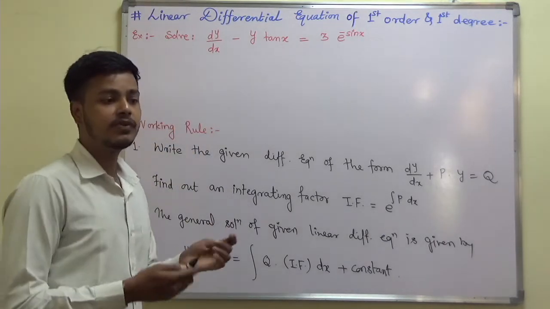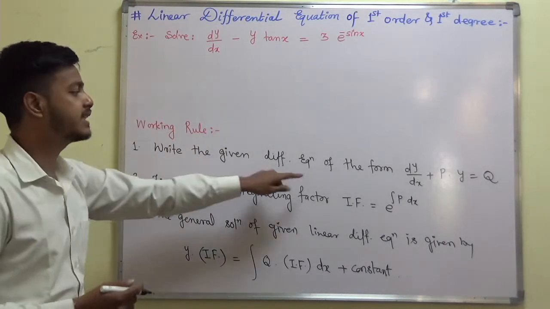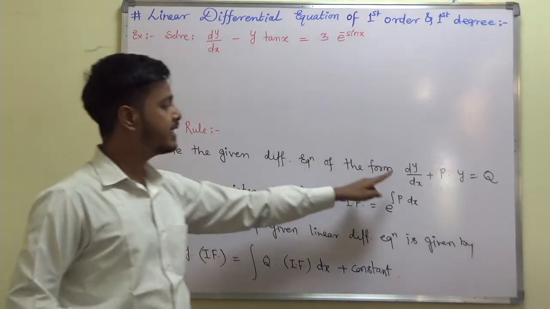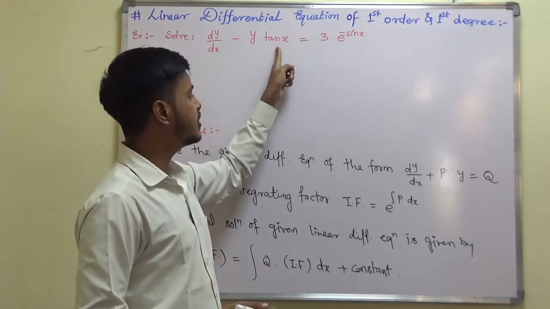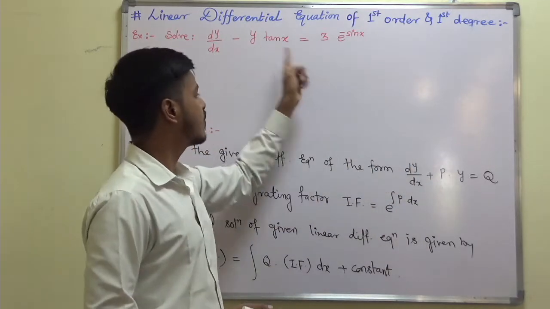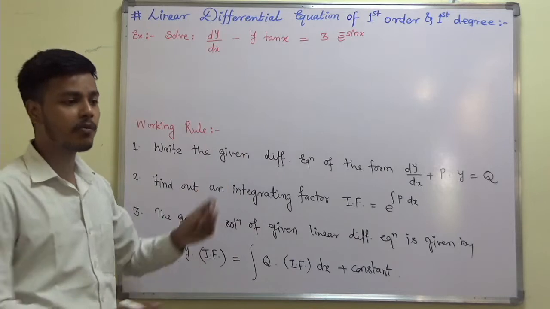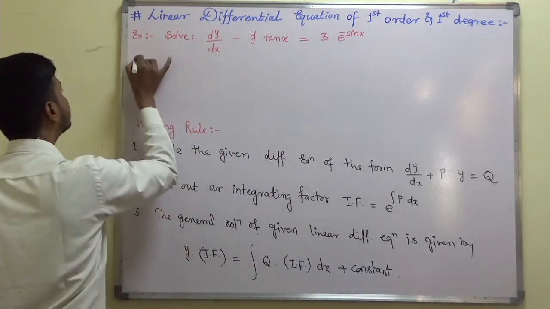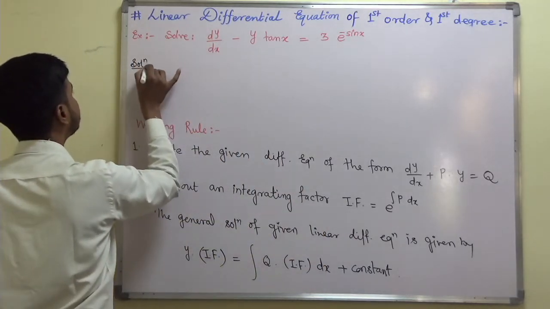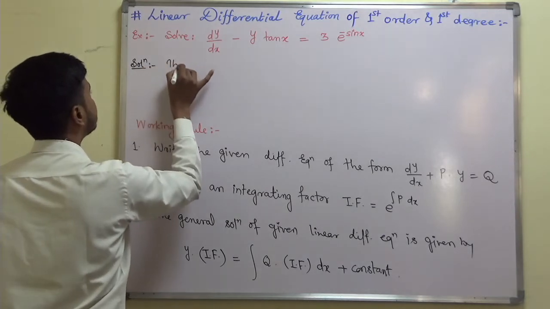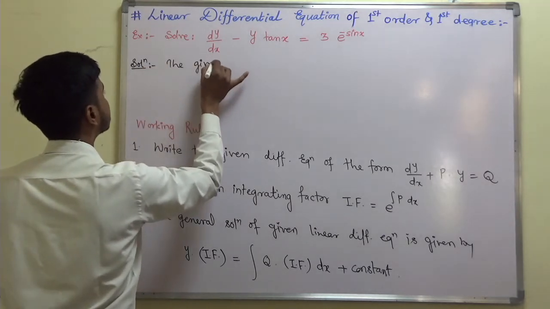Okay, so first of all see whether this is of the form dy by dx plus p of x into y is equal to q of x. So this is given in the form of this. Okay, so how can we start? We can start with the given equation. The given equation is,